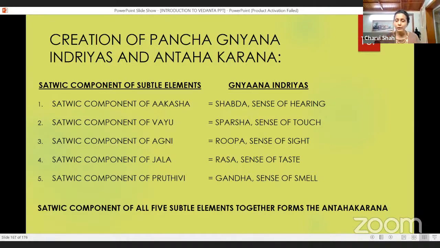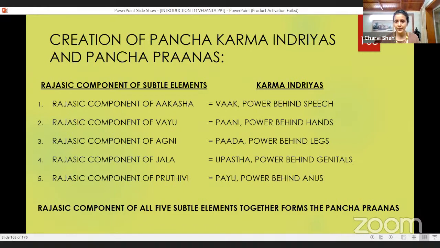Now, the sattvic component of all these 5 subtle elements together, पहले जो ज्ञानेंद्रियास बन रही थी, they were made of the sattvic component of individual elements. But the sattvic component of Akash, Vayu, Agni, Jala, and Prithvi together, that forms the Antakarana. Okay. Then we saw